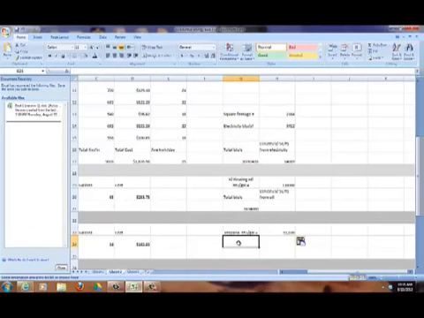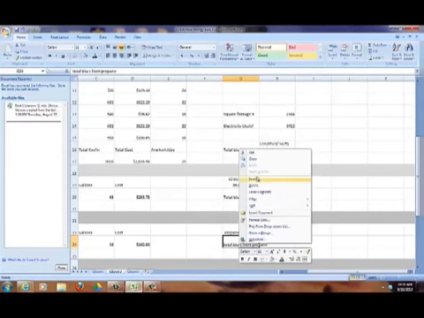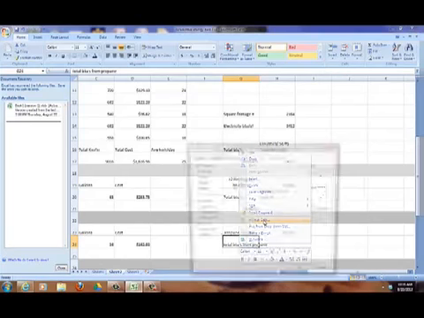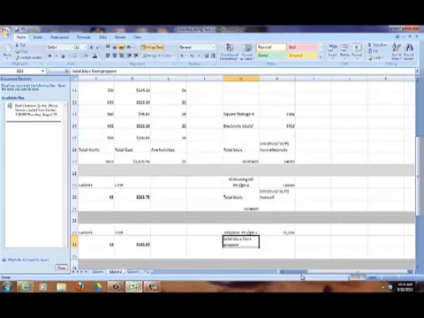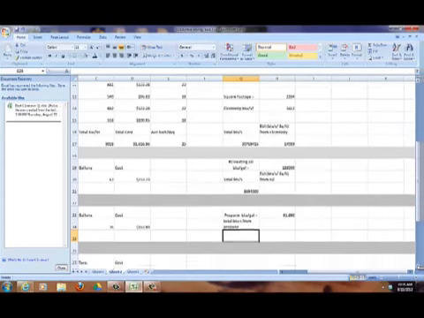So down here, total BTUs from propane. And I am going to format one more time, wrap the text, BTUs from propane. Okay,